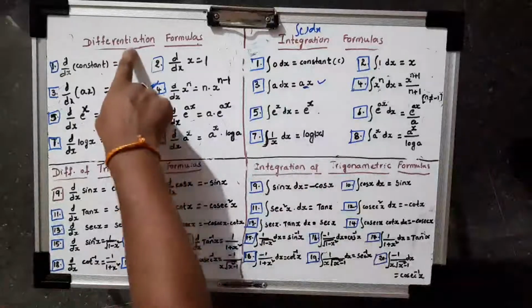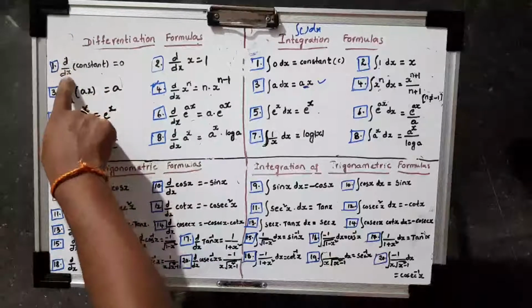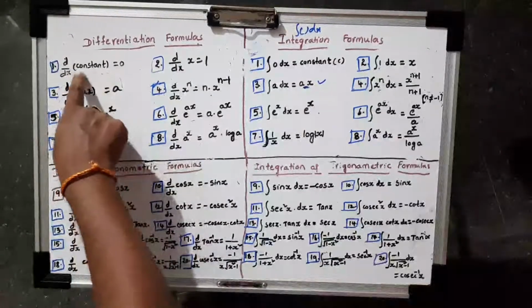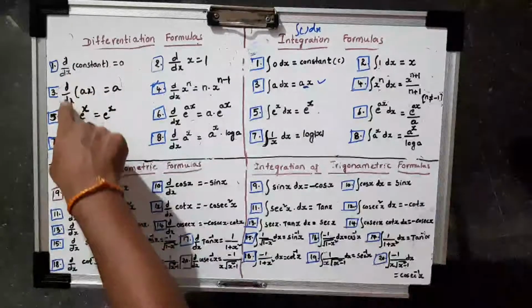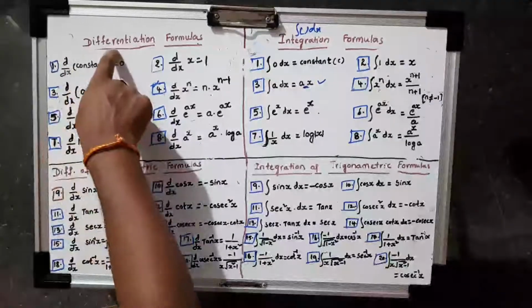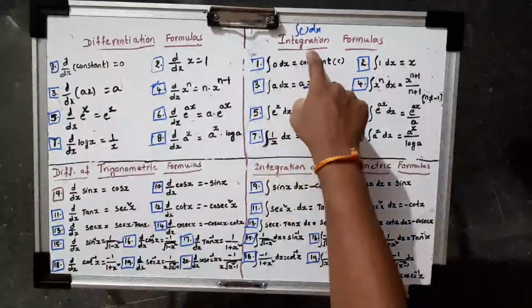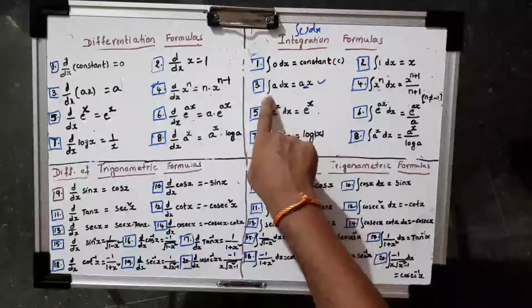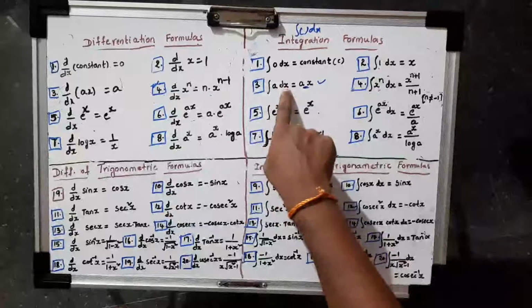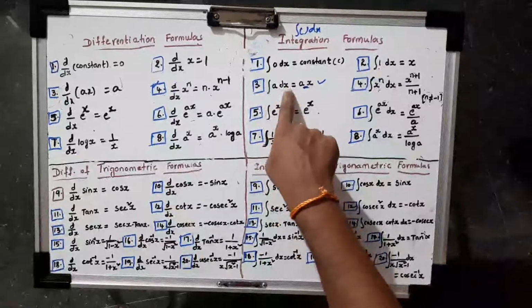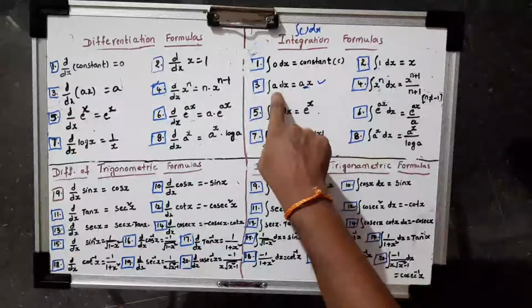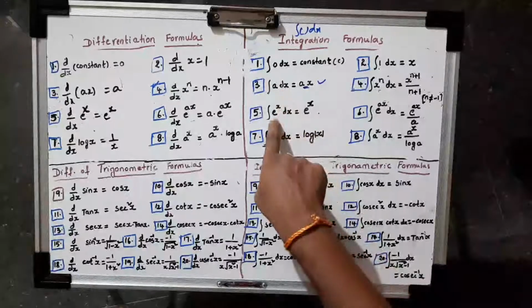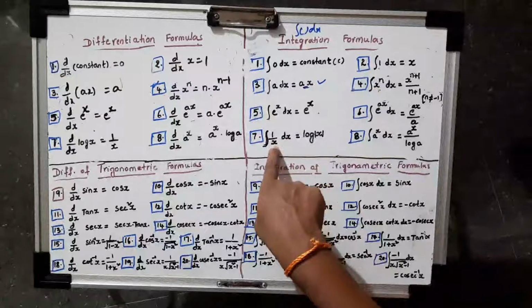First, when we do differentiation, whenever we see d by dx and a term, we have to do the differentiation for this term. Whenever we see d by dx, we have to do differentiation or derivation. When we do integration, whenever we see the integration symbol as well as dx, these two must be present for the integration. So what we are doing here is integration of e power x, integration of 1 by x.